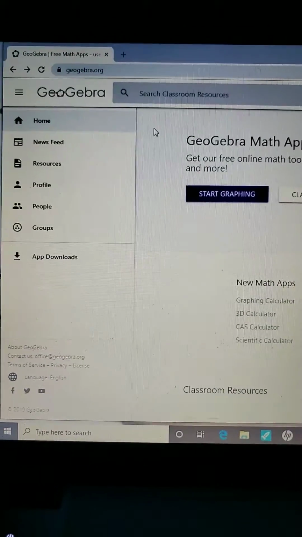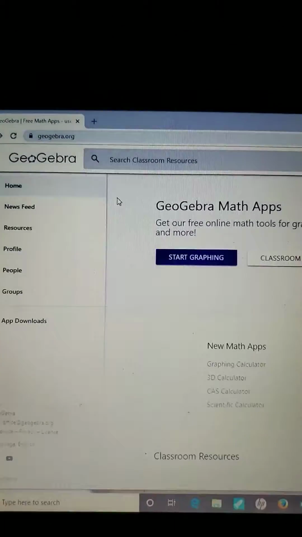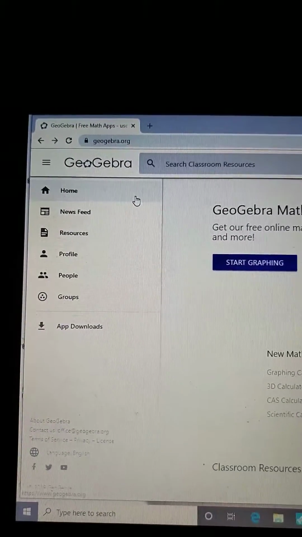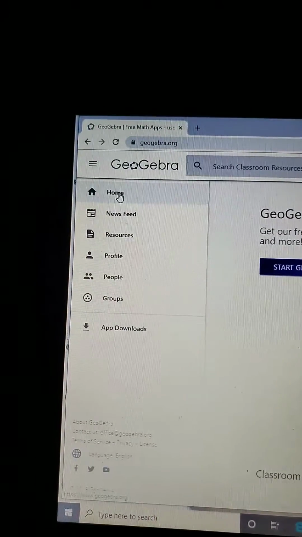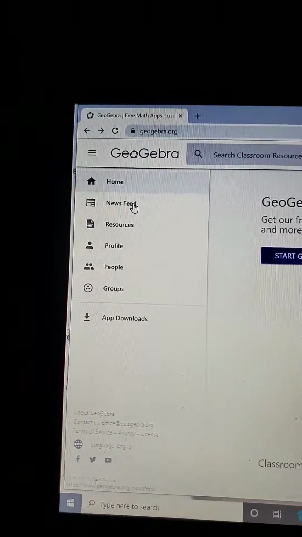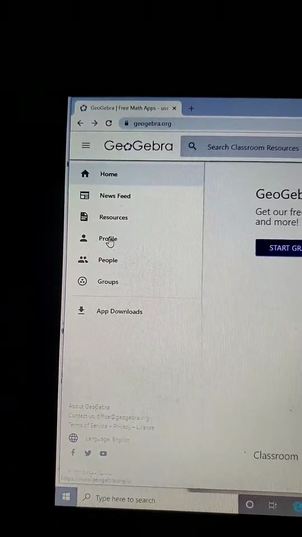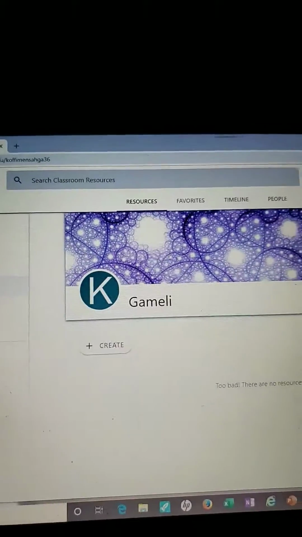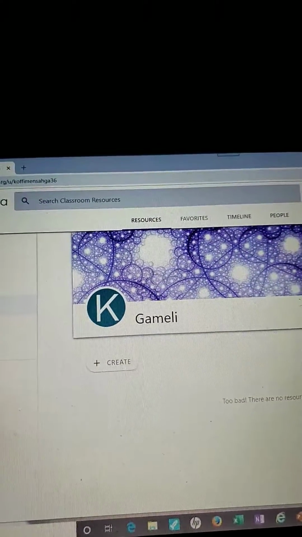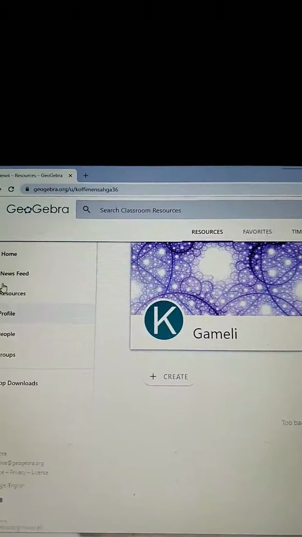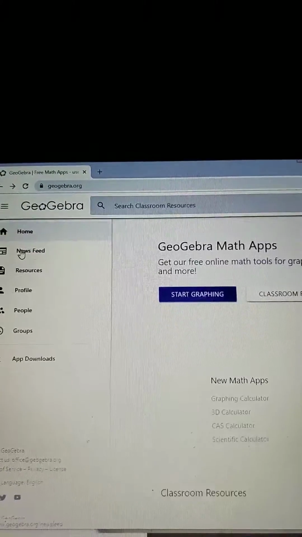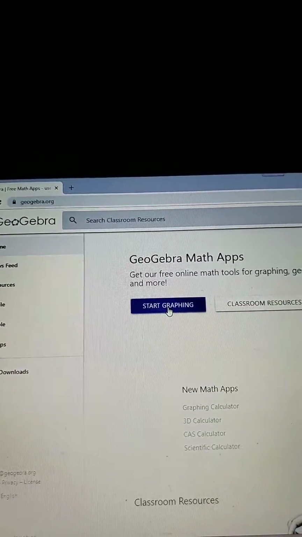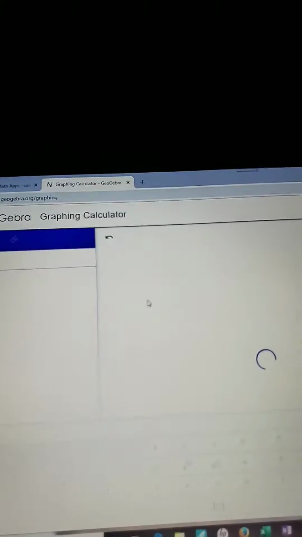Today we are working on the project 1, and this is the GeoGebra.org page, and this is the home page, the home tab, news feeds, resources, profile. This is my profile right here. It says Gamely, and the people I have, no bar right here, and I have no group right here. So let's go back to the home page, and we're going to click on start graphing, and that's how it